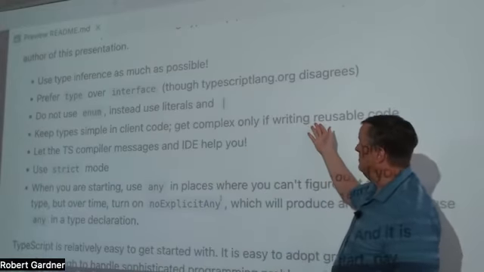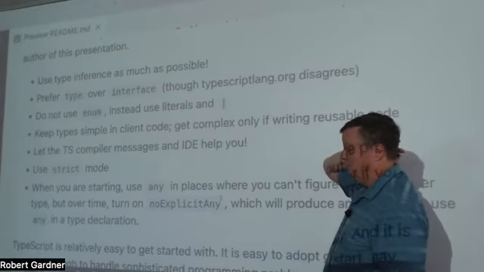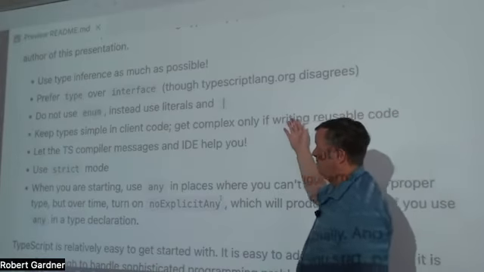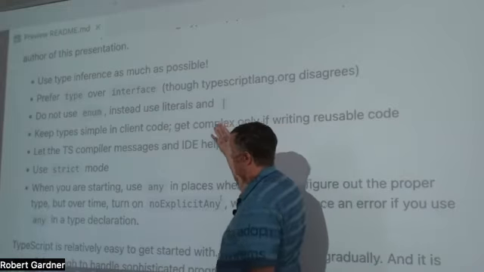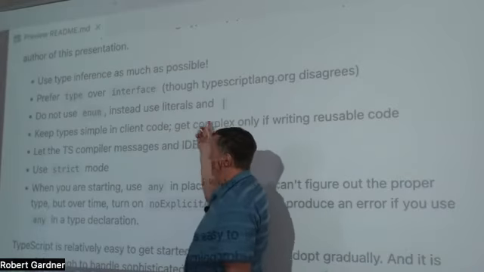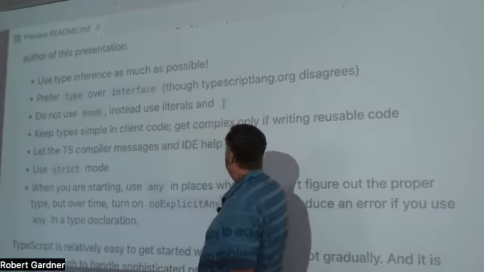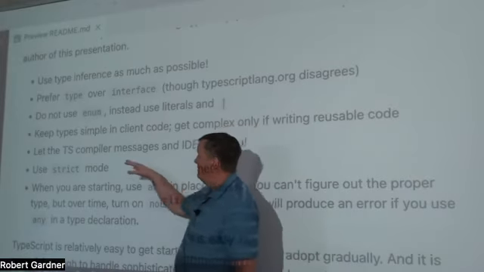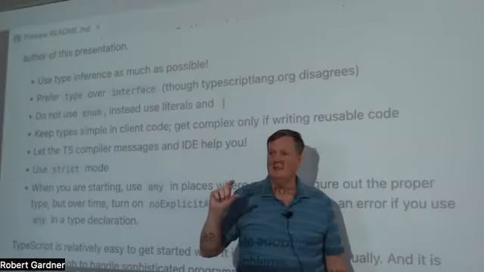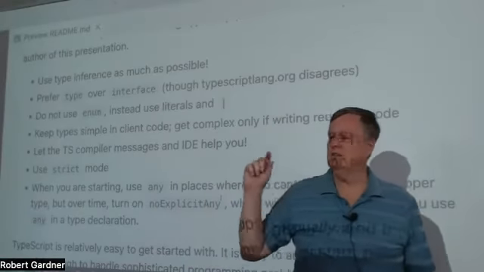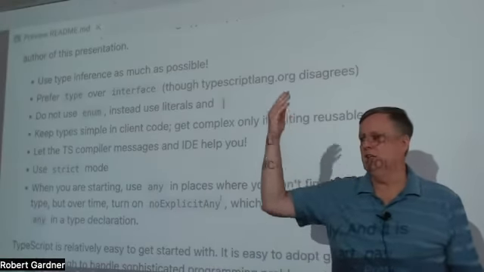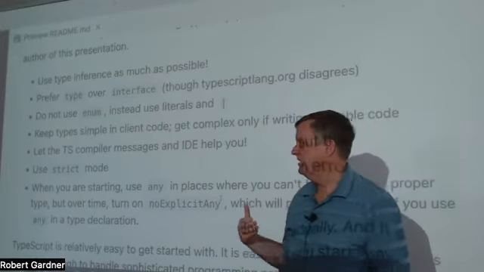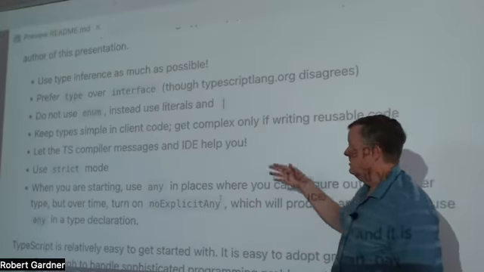And if you're using something that has complex types, it can be hard to figure out what you've done wrong. This is one of the problems with TypeScript: as you're starting to use GitHub stuff and it has complex types in it, you can get confused. But the TypeScript compiler does give you good messages. If you have an error and you hover over it, it'll give you a really good description of what exactly is going wrong. So use that.